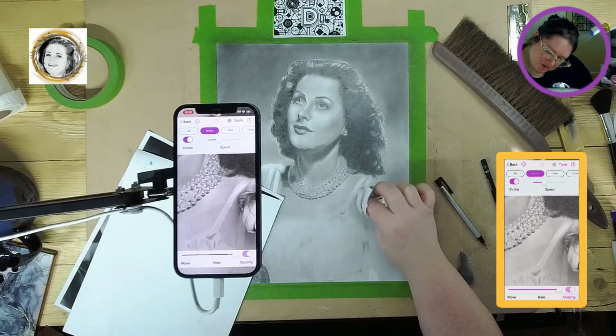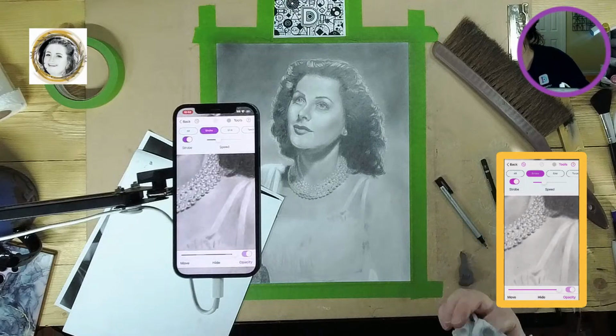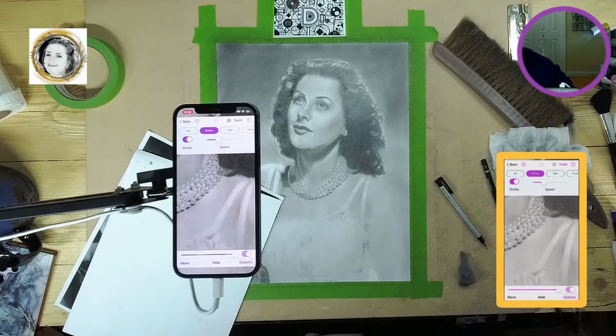and putting a little bit more graphite back to that spot that I erased, but not super much. I'm just using the graphite that's already on the